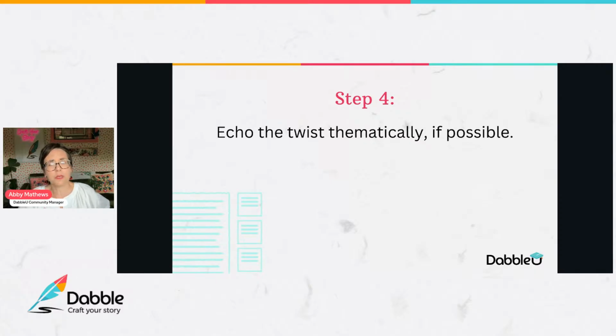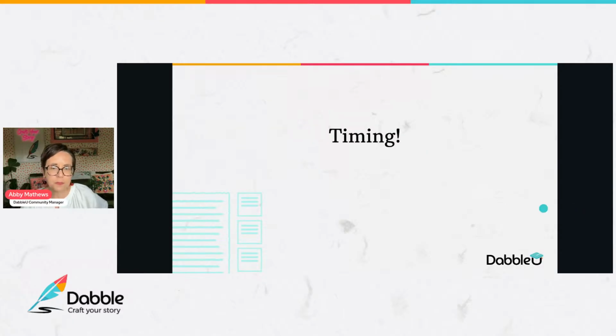But To Kill a Mockingbird is about seeing past your prejudices. And the twist aligns with that theme. That's part of what makes it feel inevitable instead of random. And remember, one of the things we want to do is make these things feel inevitable, like there's no other way the story could have ended. All right. Random out of the blue twists just don't have that same punch. But when it echoes the twist thematically, it really, really does.